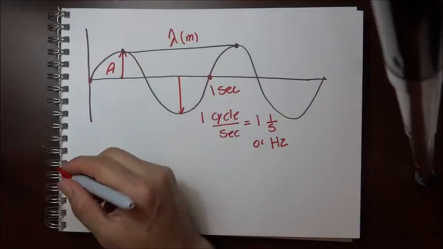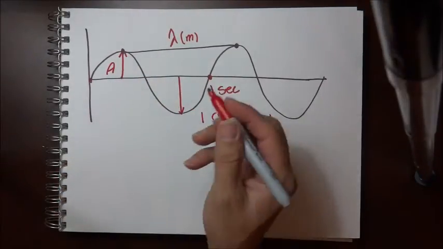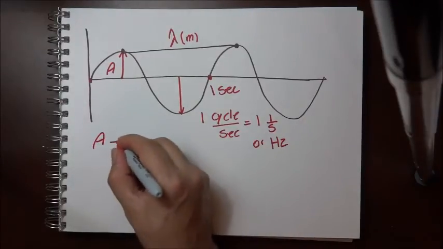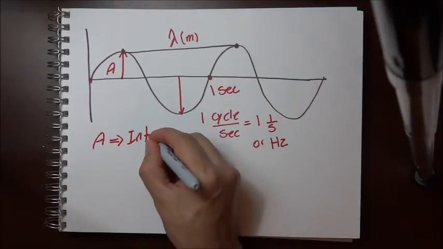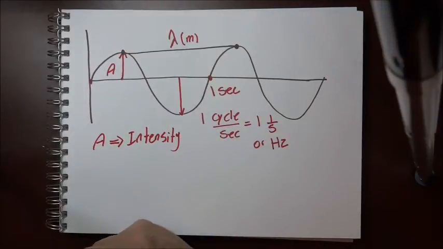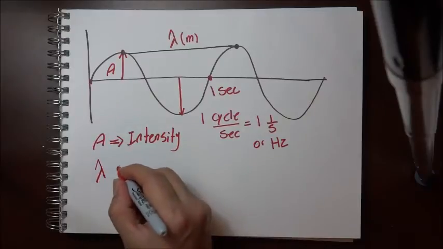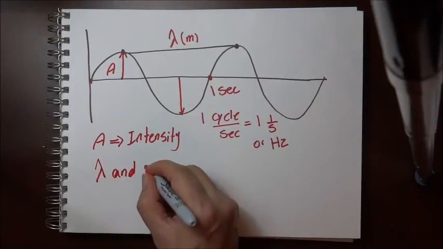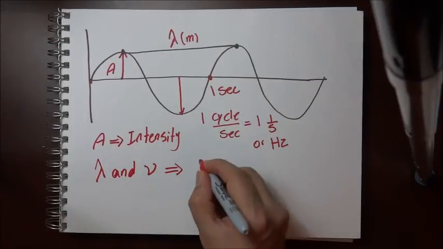Amplitude, it will tell you intensity of the light or the wave. So amplitude, it will show you intensity of that light. Well, wavelength and frequency, that we show it by nu, they will tell you energy